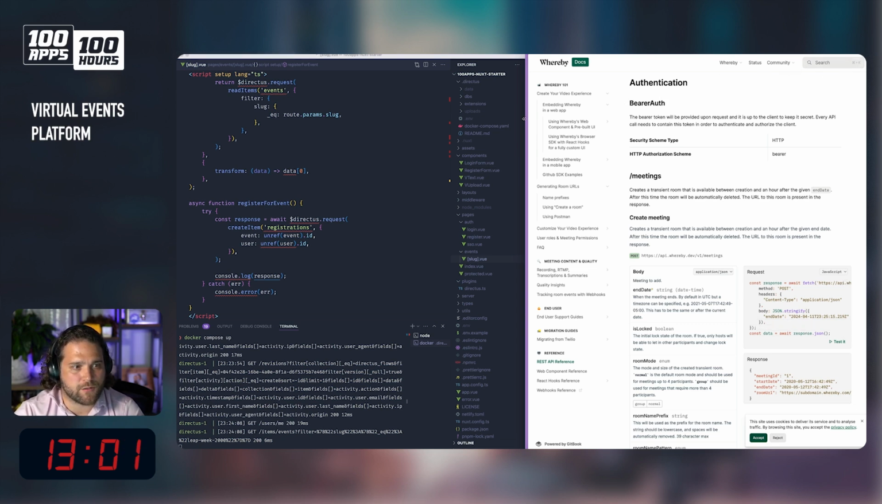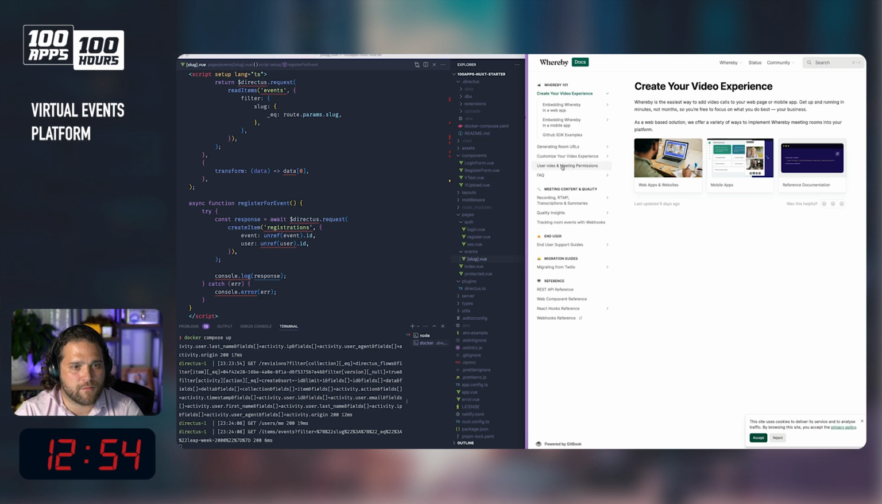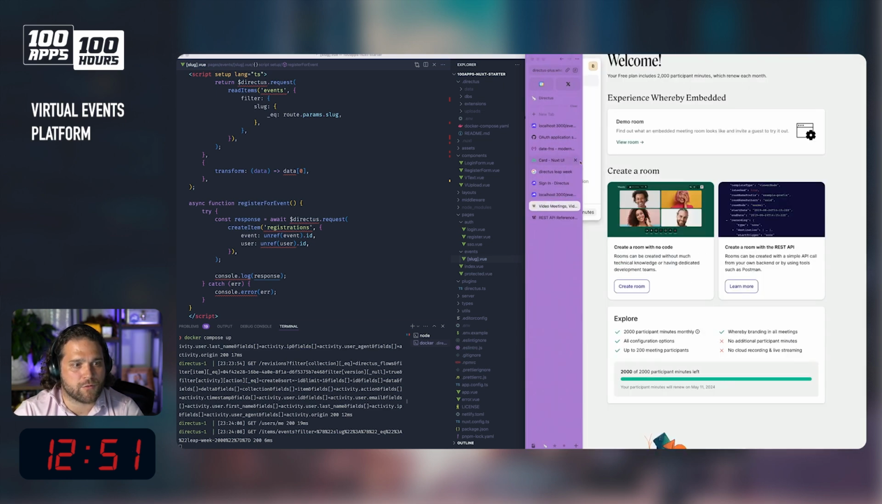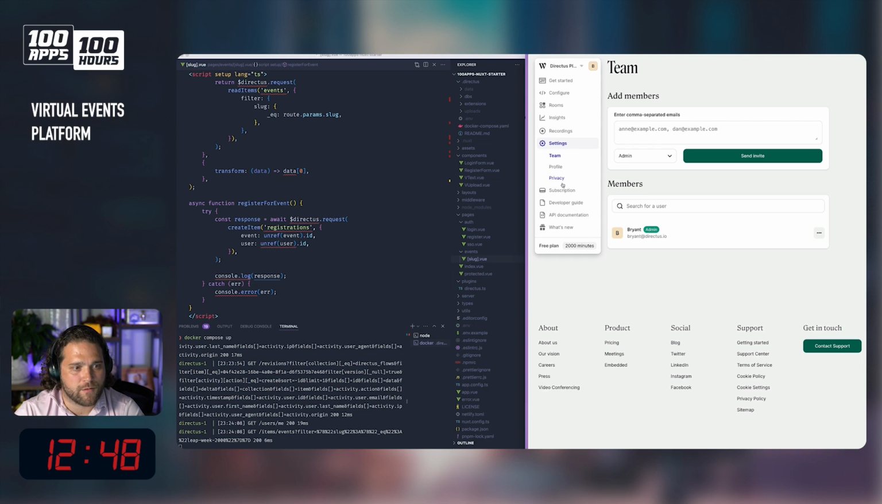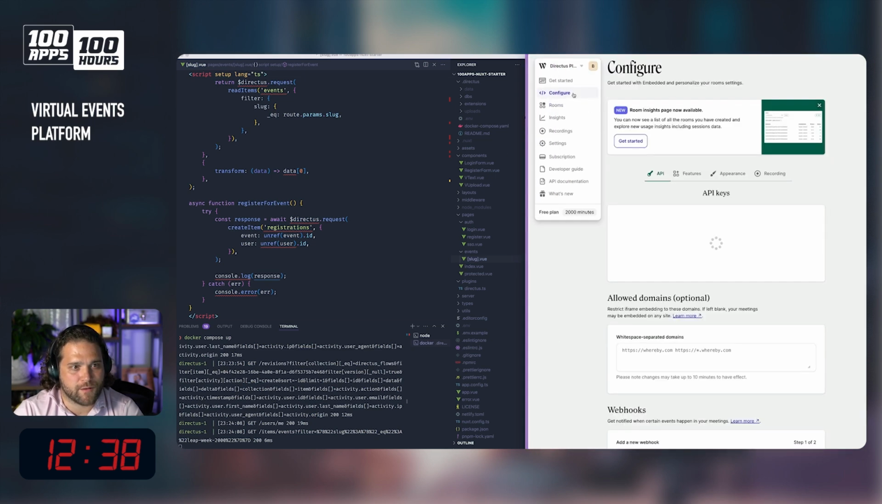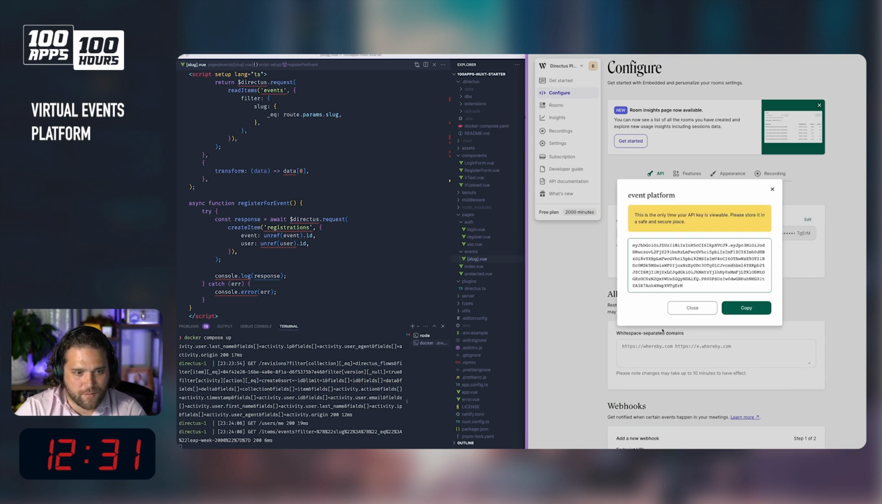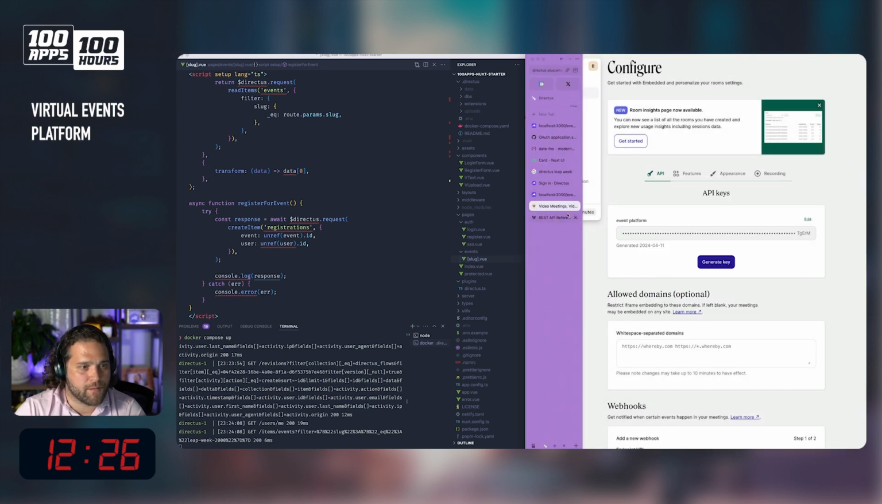So let's go into my Whereby application. We'll go to developer guide. No. We'll go to settings. Members, profiles. Where is my API key? Configure, generate an API key. Okay. Event platform. Okay, there's our API key. We close. We've got that. All right, so let's